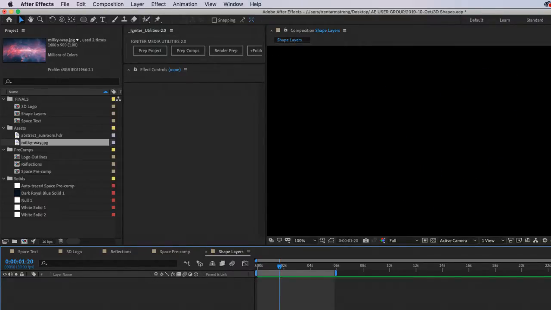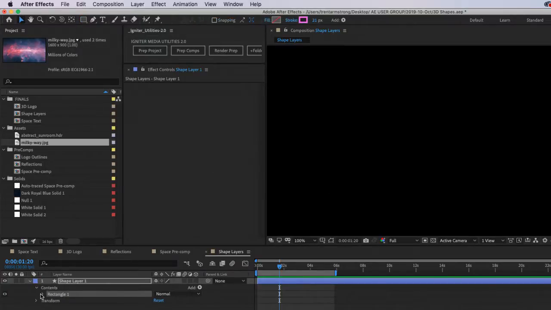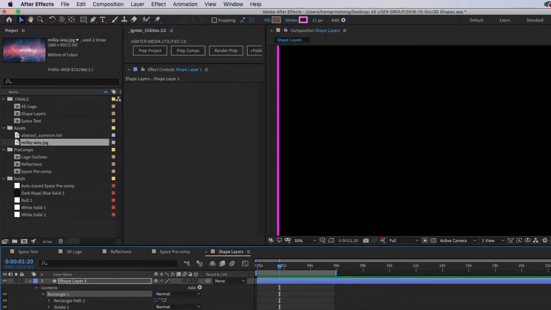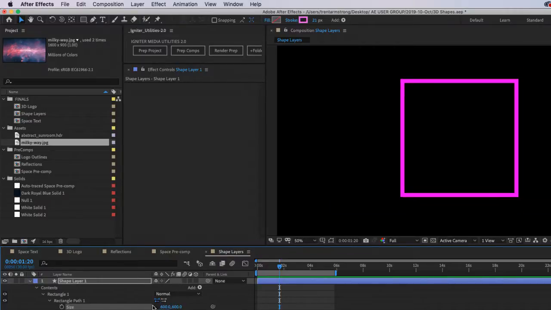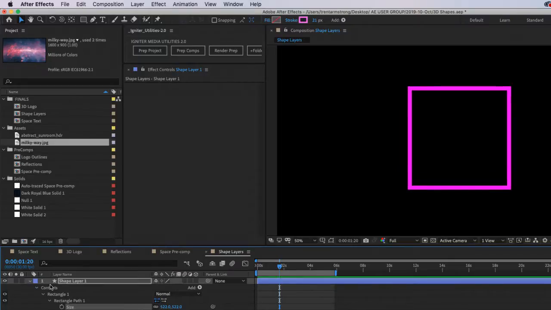I'm just gonna delete all this stuff, and we'll just start with an outlined rectangle, 600 by 600. All right, so now let's look at the repeater.